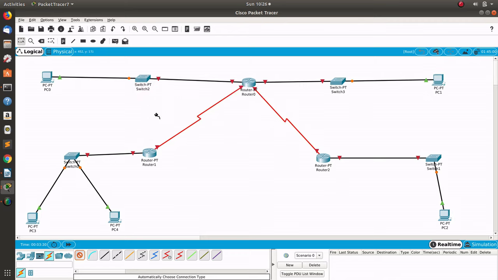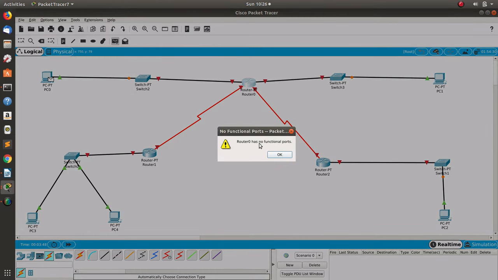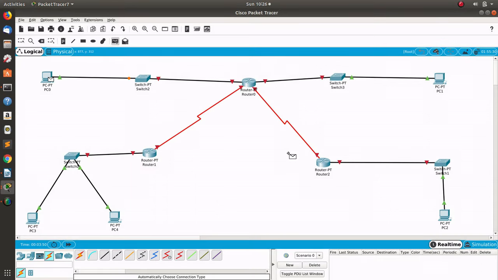Now guys, what we should basically do now is add our addresses and then configure everything. We now have our devices laid out well and connected together, but if we try sending a PDU from one device to another, it will automatically say there are no functional ports. As you can see, router 0 has no functional port. This is because you haven't assigned any address to that router. Another thing I like doing is labeling my connections, because I want to know which port each wire is connected to. So I'll just use the note FA